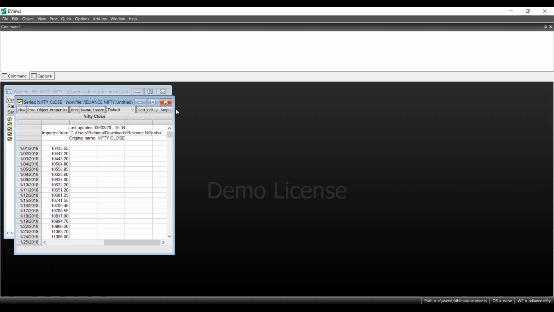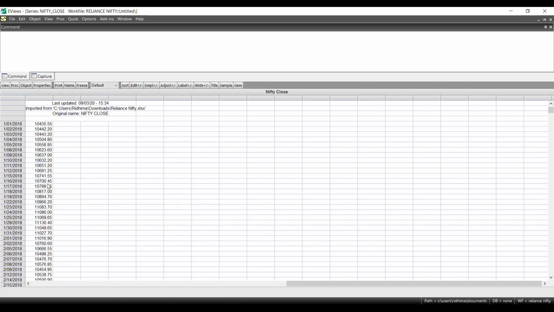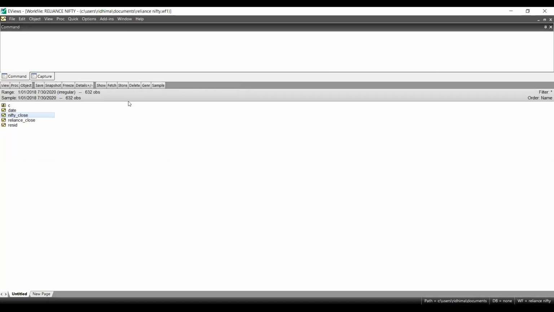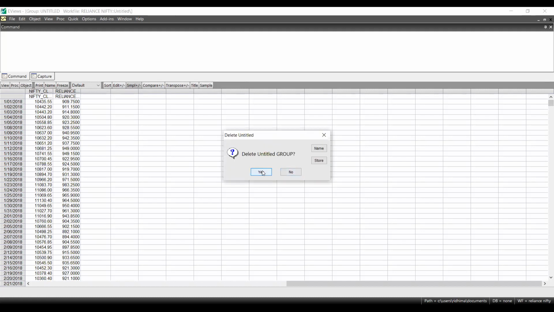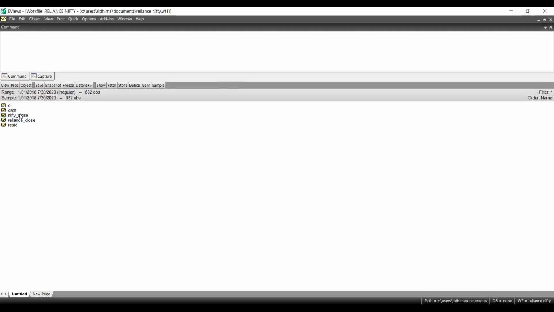Whatever data you want to pick, you can pick, and it will open the data accordingly. If you want to take both of the data simultaneously, you can do the same thing by just selecting both columns, both headers. Just select both of them, press enter, and you will see that now you have Nifty and Reliance both in the same window, as you can see in the Excel sheet. So this is how we have actually taken the data into the eViews software.